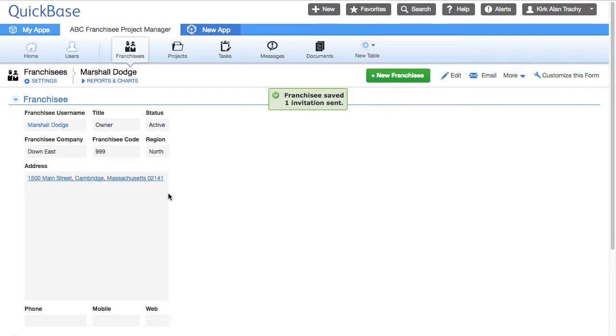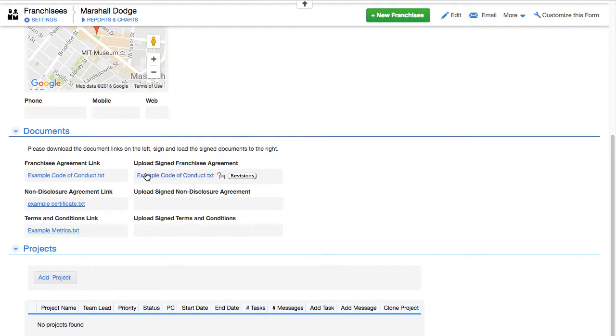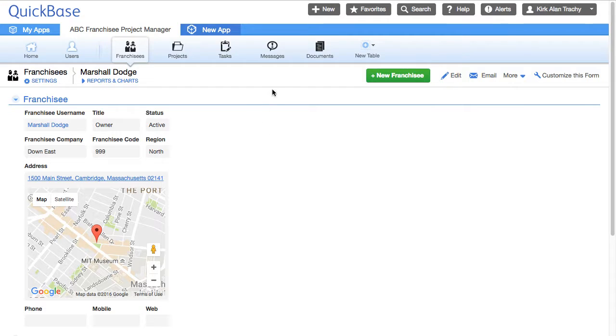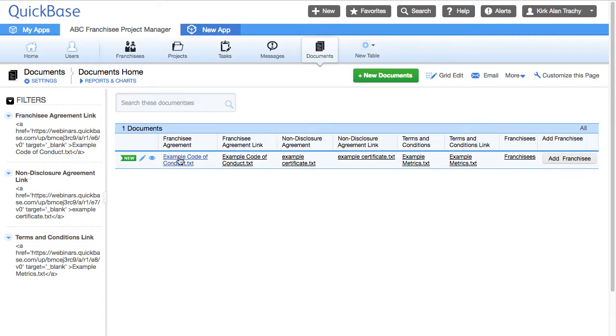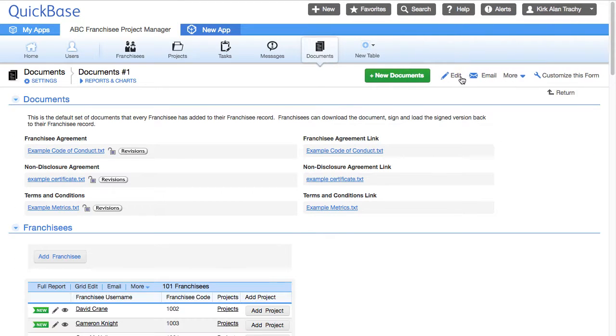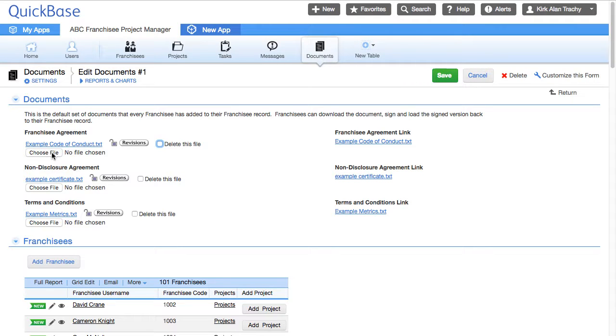So now this allows you to be able to track all the documentation that they have approved. You can set up workflows and email notifications. The interesting component of this is that every time you add a franchisee, where do those documents come from? There's a single document table over here, and if you view this or even go into edit mode, you can see you can upload documents here, which convert them to a link,